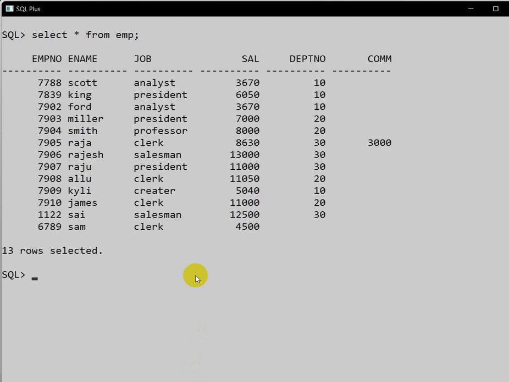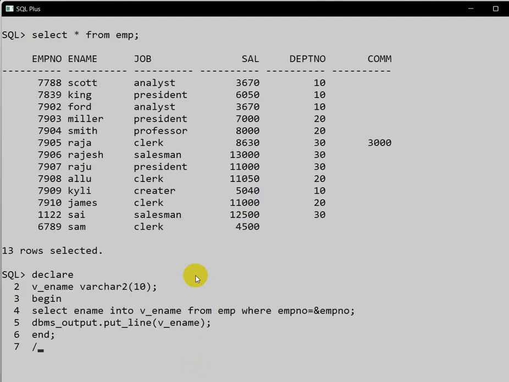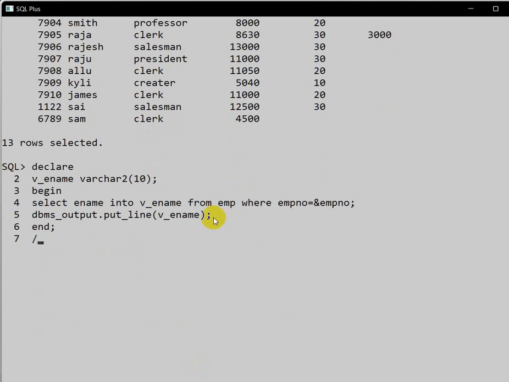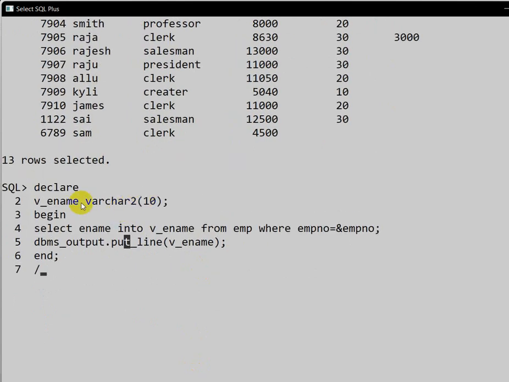So here I have already created one table. Select star from employee table. Here, this is the declaration block. Let me zoom it. Here we are defining variable underscore employee name, data type is varchar2, then start of execution block.